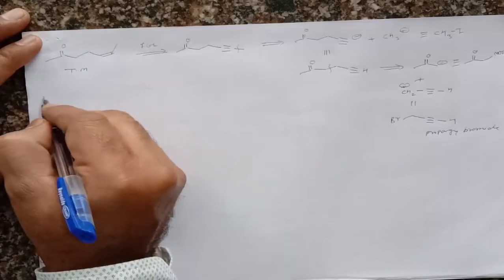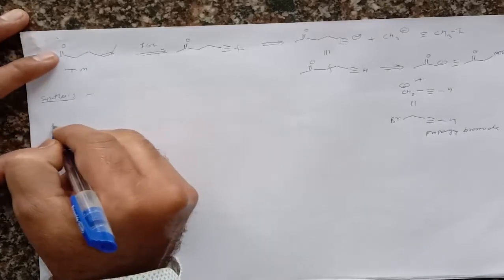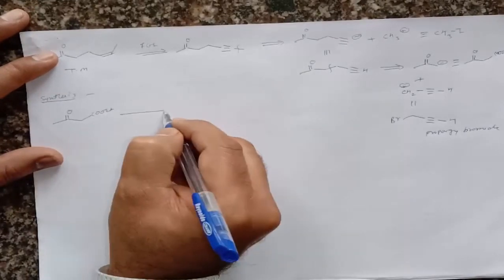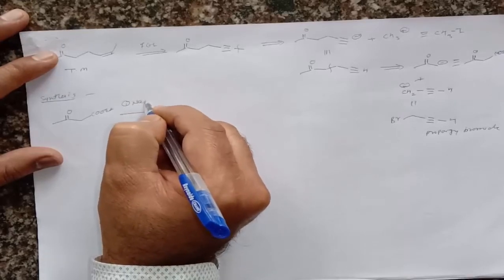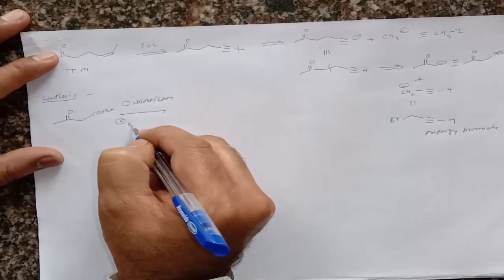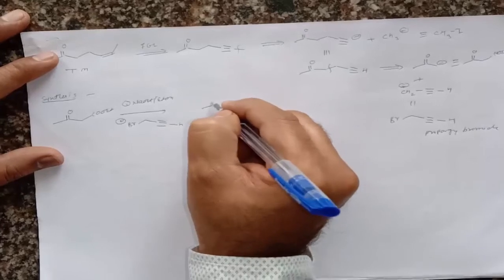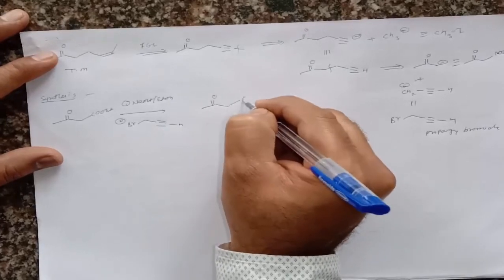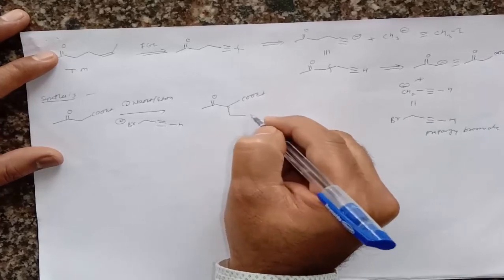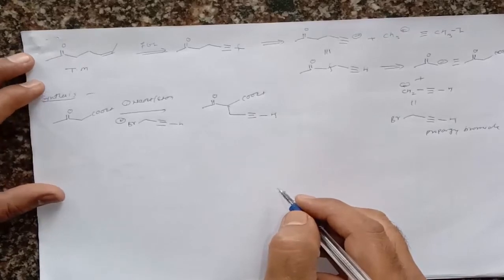Then if we go for synthesis, initially we have to take this ethyl acetoacetate, COOEt, in the presence of a base, that is sodium ethoxide in the presence of ethanol, and secondly if we treat with this propargyl bromide, what does it give? It gives formation of a compound like this, that is COOEt, along with CH2, then C triple bond CH. So it gives a compound like this.